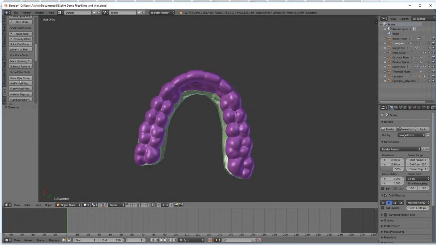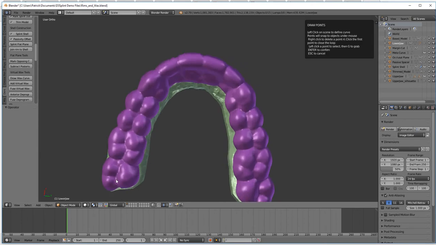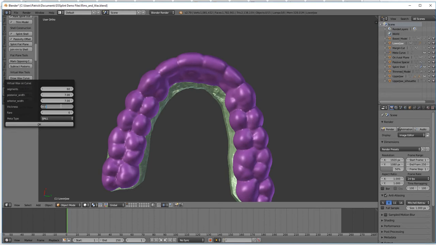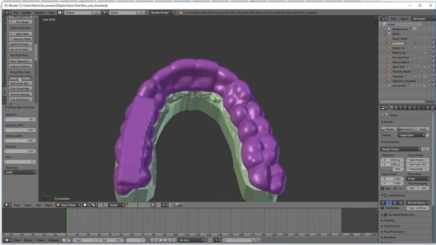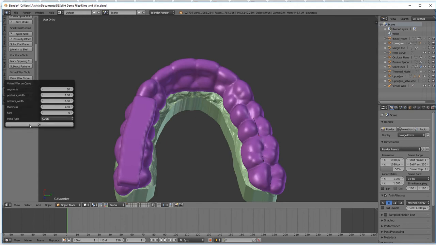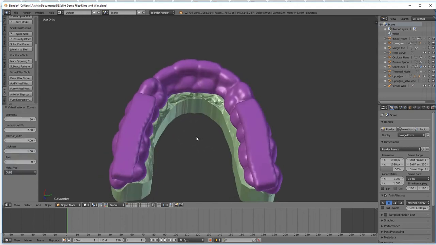Now, an actual use case. So first what I'll do is I'll use it to add a flat rim to the posterior of the splint on both sides. Okay, after that,